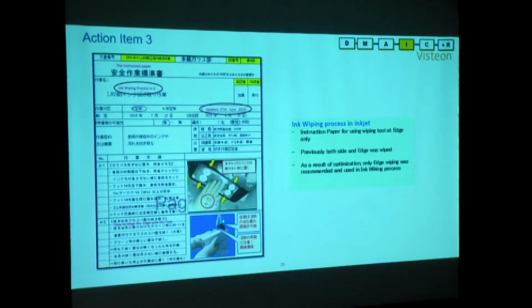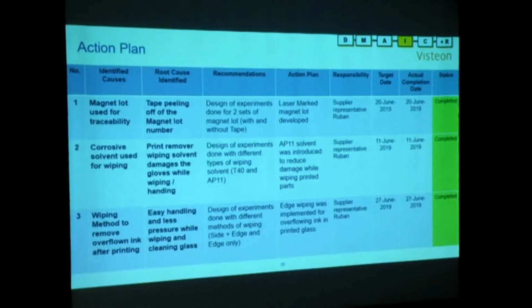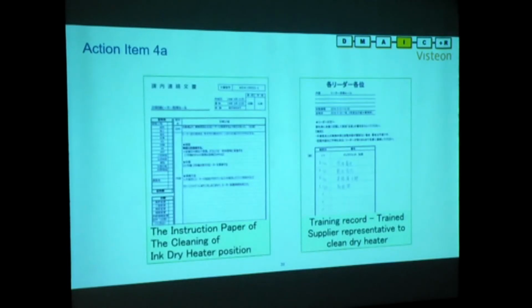When we wipe the edge, we need to get customer approval, because whenever the printed ink flows onto the edge, we need to get customer approval for this. So we got the customer approval for this as well. So this is the action plan that got completed. This DOE trial was completed in the month of June. I'll hand over to Swaminathan.